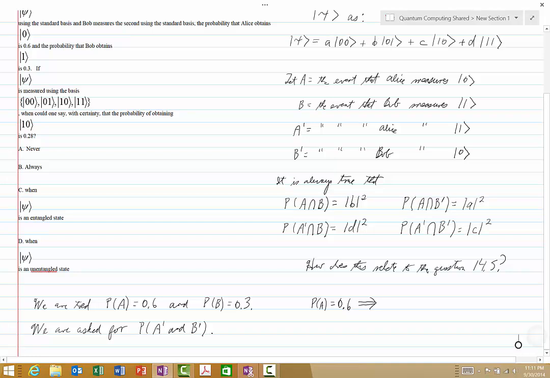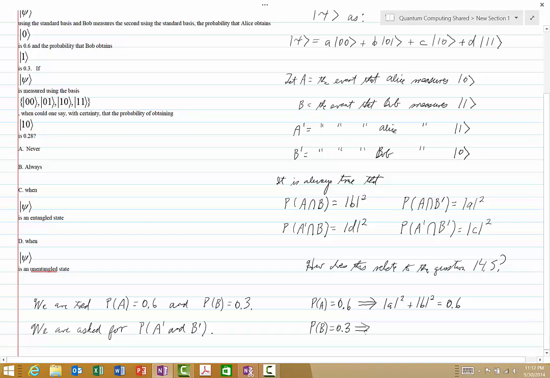So that implies that the magnitude of A squared plus the magnitude of B squared is equal to 0.6. And likewise, P of B equals 0.3